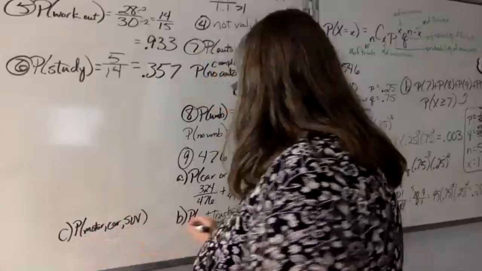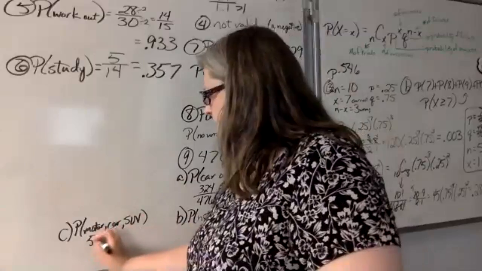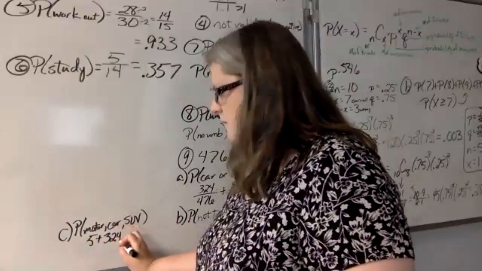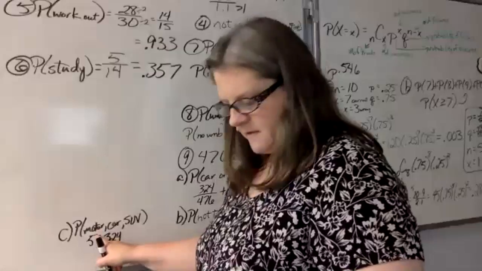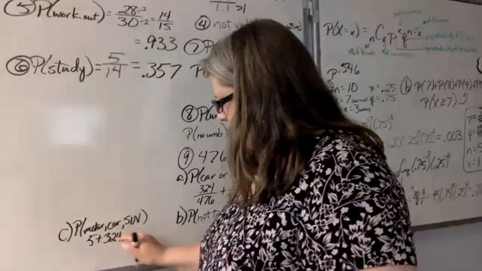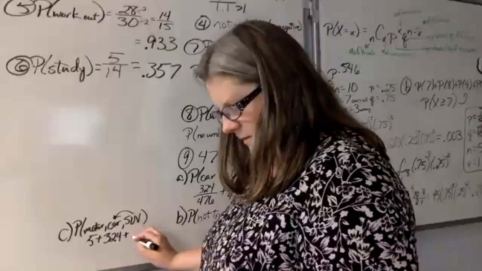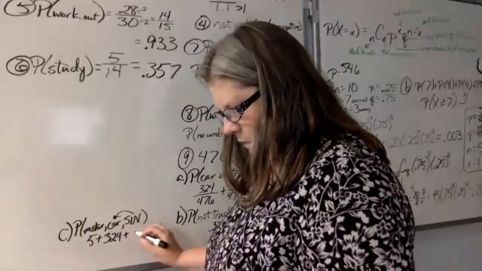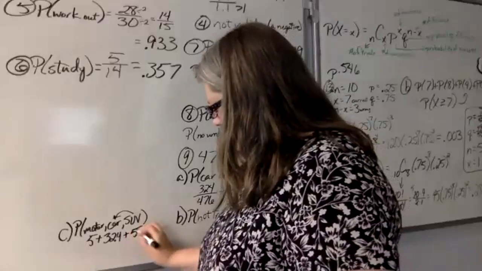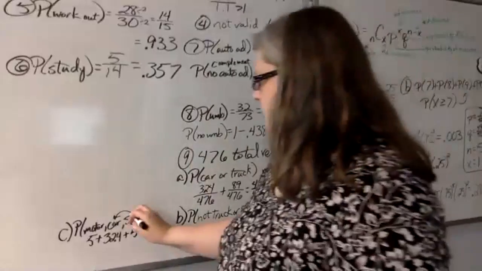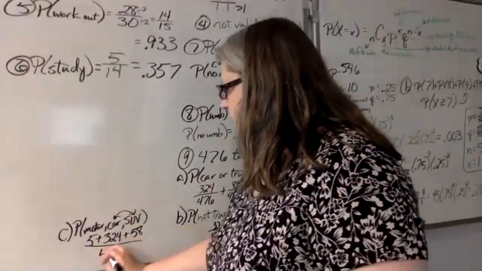How many motorcycles? 5, right? 5 motorcycles. I had those in the wrong order. It doesn't matter. How many cars and how many SUVs? 58. And the cars, 3, 3, 4. I had those in the wrong order, but that's all right. So you have all that added together divided by